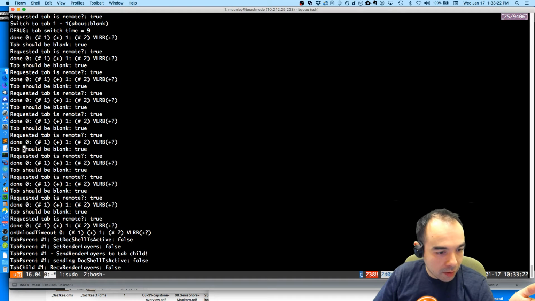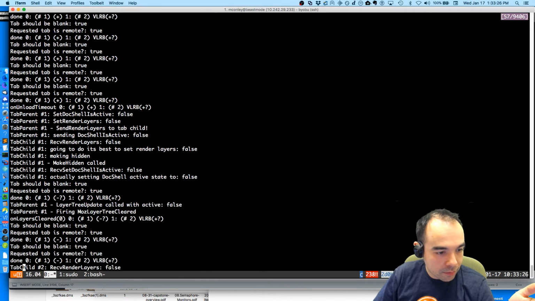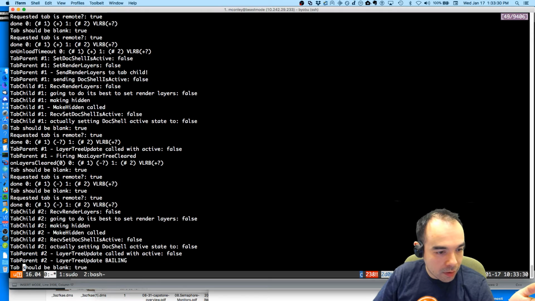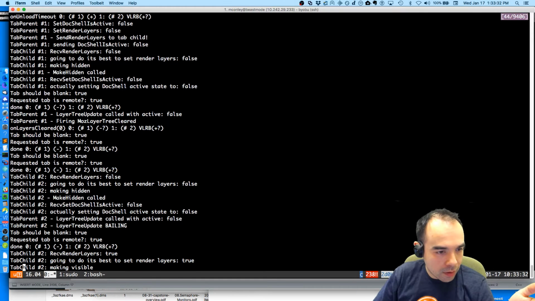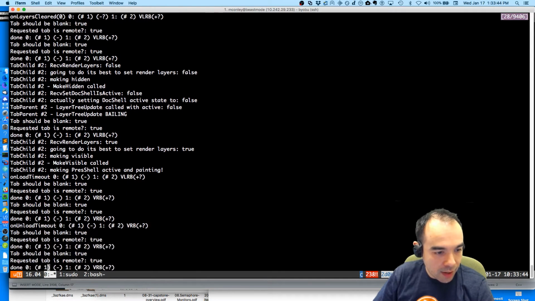And meanwhile, then we unload tab 1. Tab child 2 eventually receives receive render layers false. That's interesting. And then it receives receive render layers true. It triggers a paint, which is great.